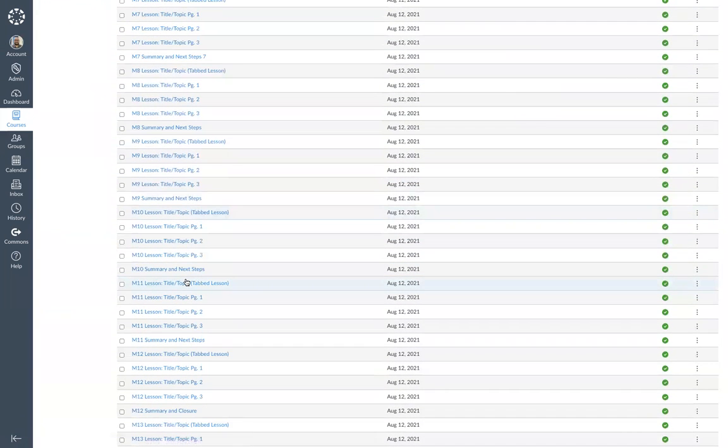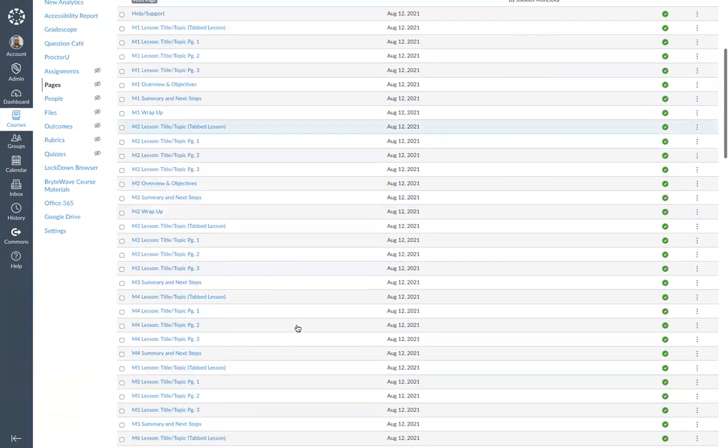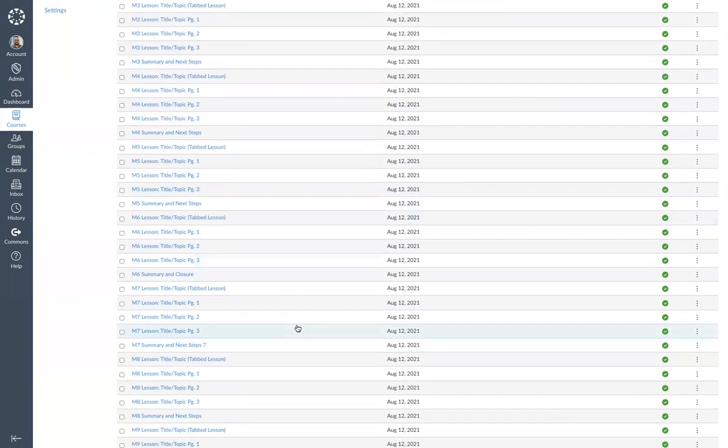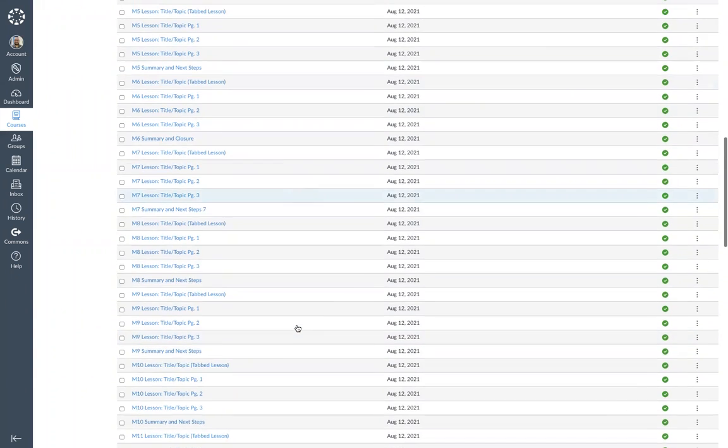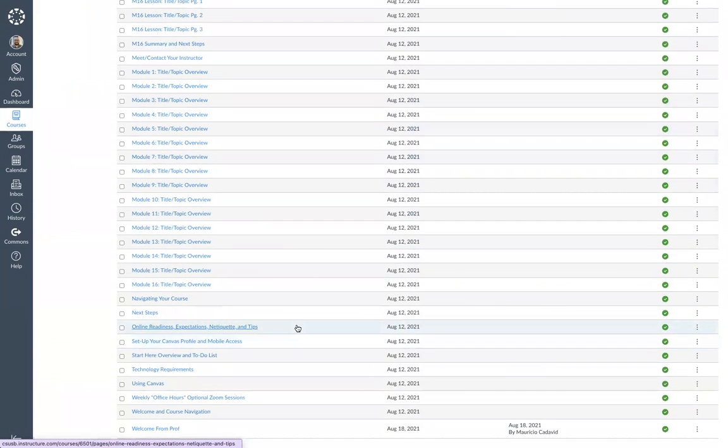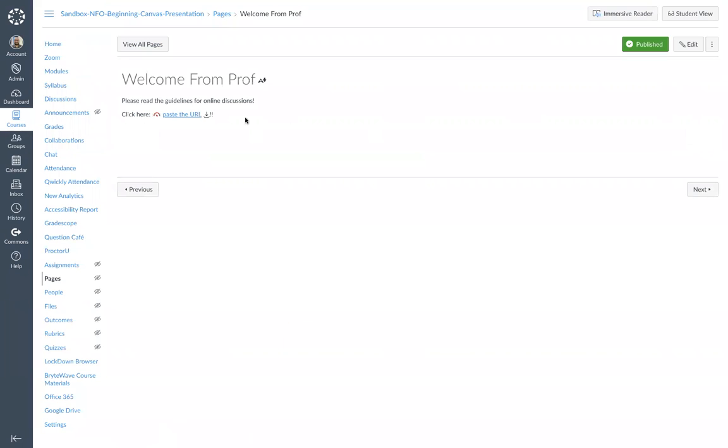So as you can see, we have a bunch of pages. All of these pages come from a template that we have for faculty who have never used Canvas, to help them organize their course a little bit into how things are going to be. So, as you can see, for example, these are newer pages. I'm going to click on this one, which is welcome from professor. This is now a page. I can do my introduction here. I can have URLs to a YouTube video, etc. And then you will see how this looks.